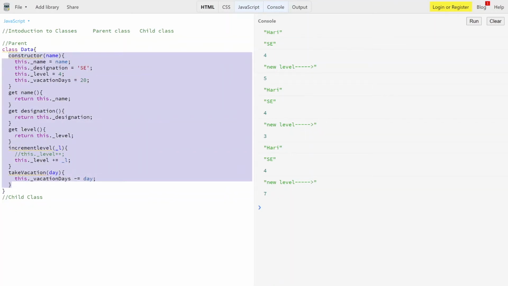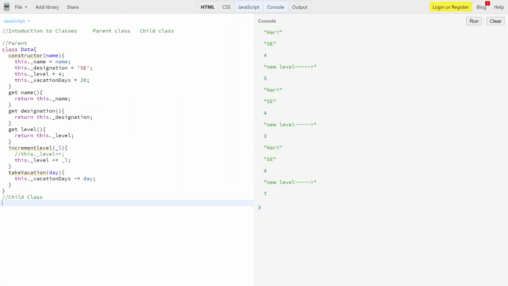Say this thing is common for all, like designation and all these things. So we have another property also, let me put it in. We can create the child class using class, and then the new name is developer. Then we can extend this using the extends keyword, putting the name of the parent class over here using Ctrl+C and then pasting it down.